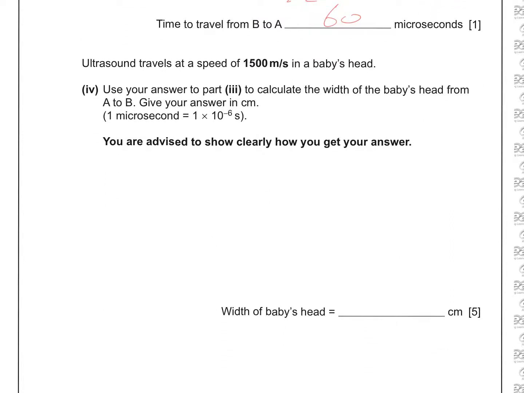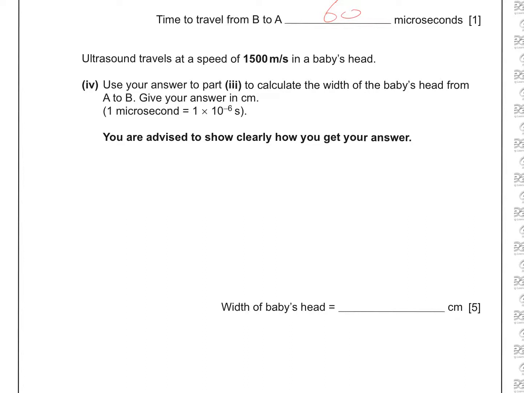Part 4. Use your answer to Part 3 to calculate the width of the baby's head from A to B. Give your answer in centimetres. And a microsecond is 10 to the minus 6 of a second, in case you're wondering. So we use this fact that there's a speed of 1500 meters per second as it goes through the baby's head,